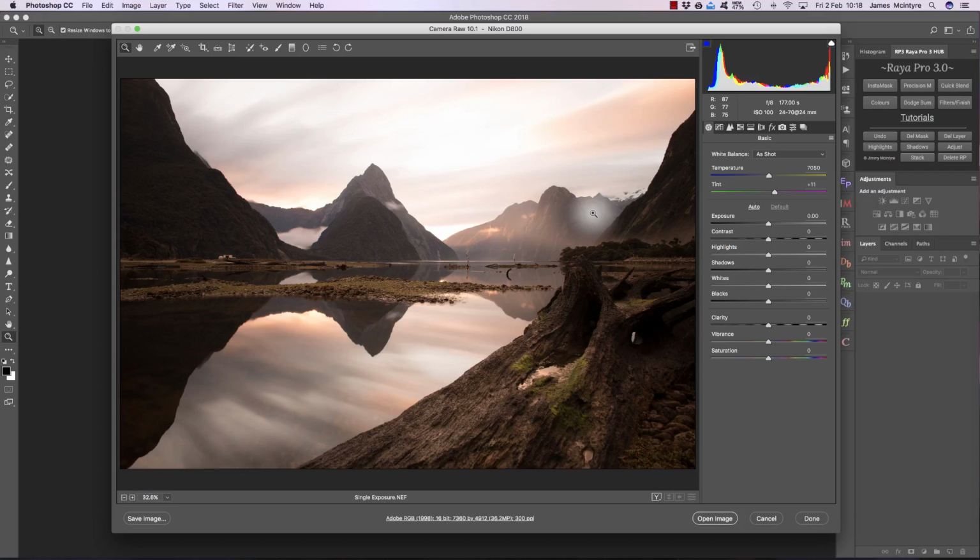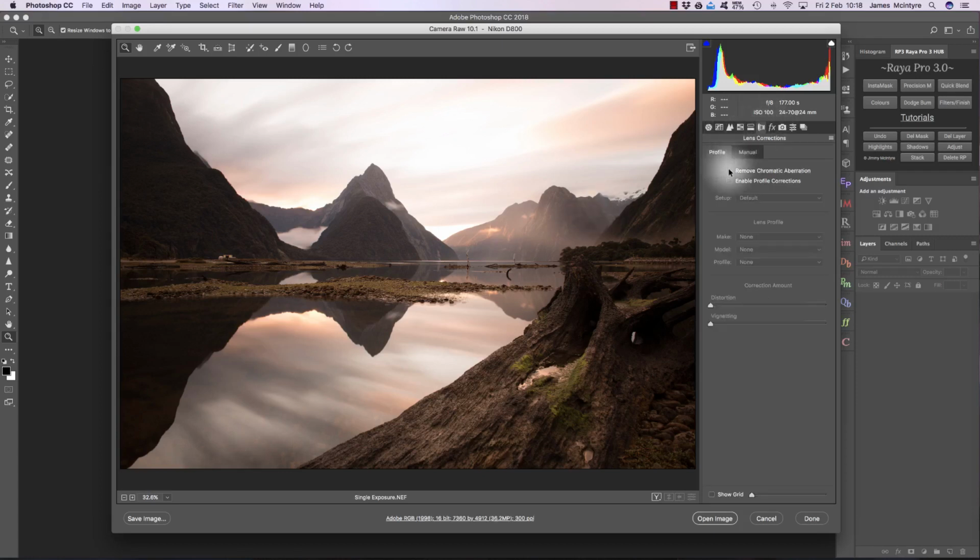Now I'm working with the original RAW file here, the NEF file from a Nikon D800, whereas you're going to be working with the DNG file. So I'm not sure if your results are going to come out exactly the same as mine, but hopefully they'll be clean. So here's our base exposure, and as always we're going to go to our lens corrections